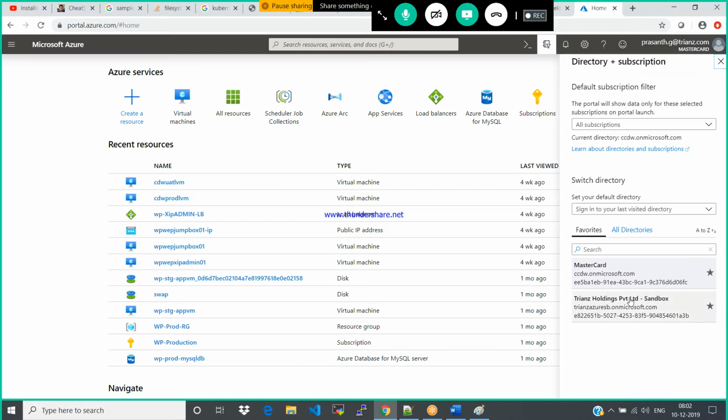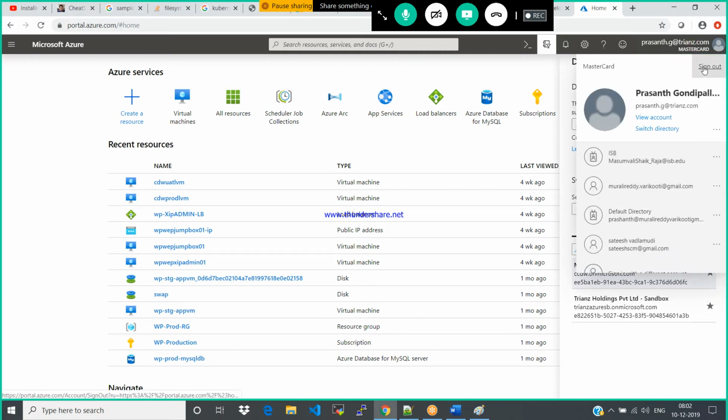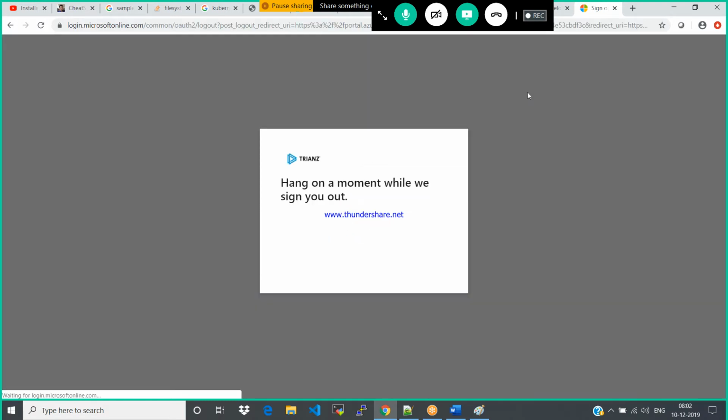Trans dot, right? But MasterCard key, Sandbox key, there is no relation. So you could get access to manage all these subscriptions in such a way by managing your directories and the subscriptions. Getting it or not? All of this will come to us in Active Directory, but I am showing how it will look.